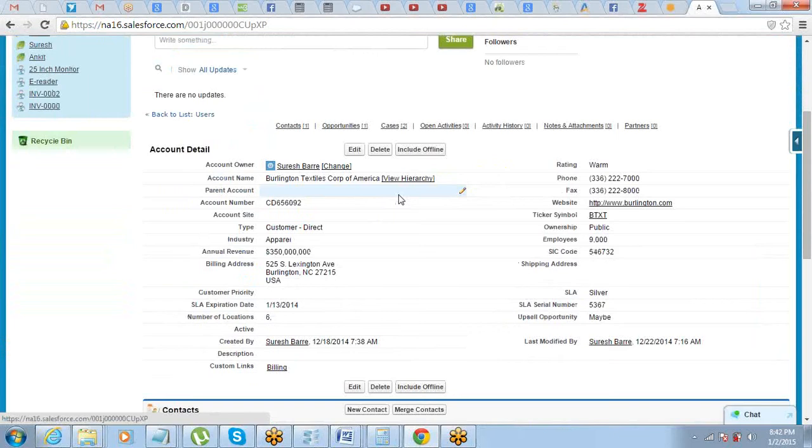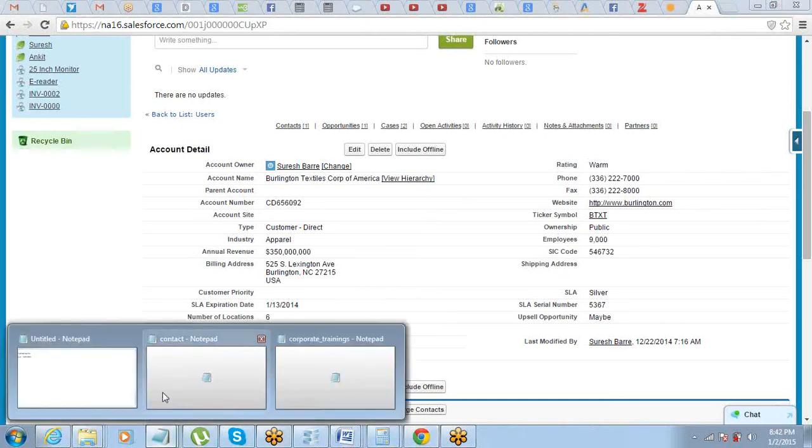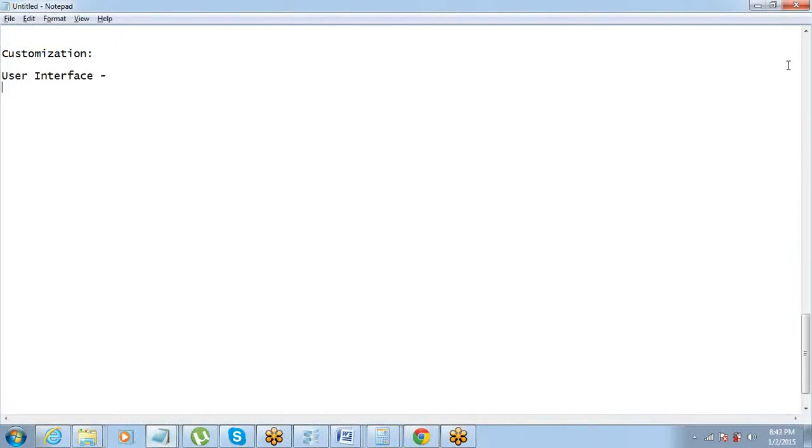Now customization, one part of the customization will be the field placement. Which field should appear where? Now if your website field is more important and you want the website field to come up here, sometimes it may happen that you have, let's say, so many fields, right? Your end user wants to quickly look into the website. It's difficult for him to go and search for the website and all. He wants the website to be at the top. That's a type of customization, right? UI customization. Okay. So in Salesforce we have page layouts.